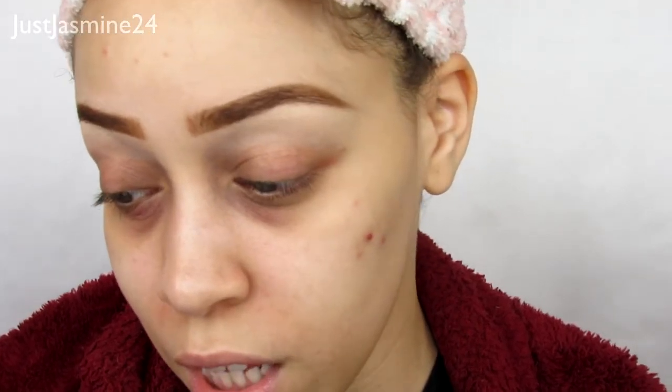This is how it looks. And people have been saying it's literally almost the exact same dupe for the MAC Soft Ochre Paint Pot. So let's see about that, because if it's good, then y'all better go pick this up. If it's not okay, then...